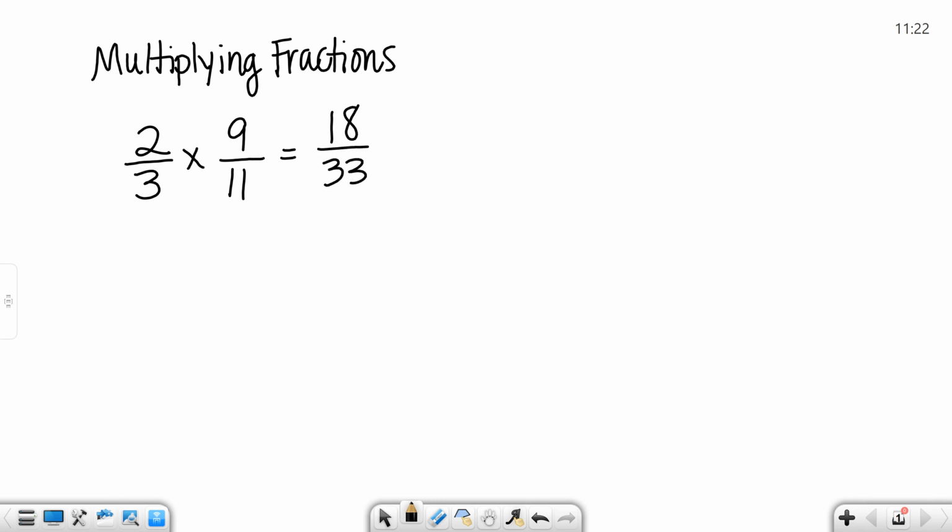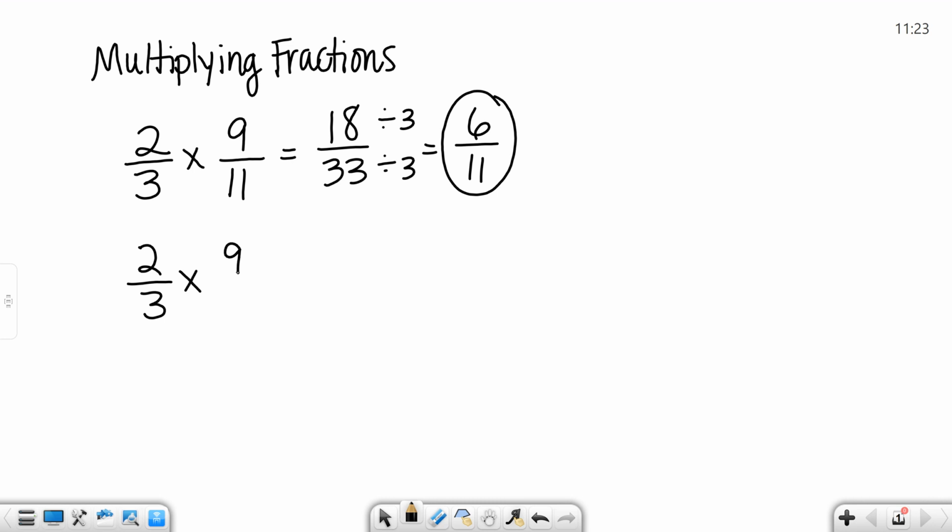Now 18 over 33 needs to be reduced because it's not in simplest form. 18 and 33 are both divisible by 3, so you can divide the top and bottom by 3 and you would get 6/11. Now I want to point out to you, let's write that problem again, that you can also